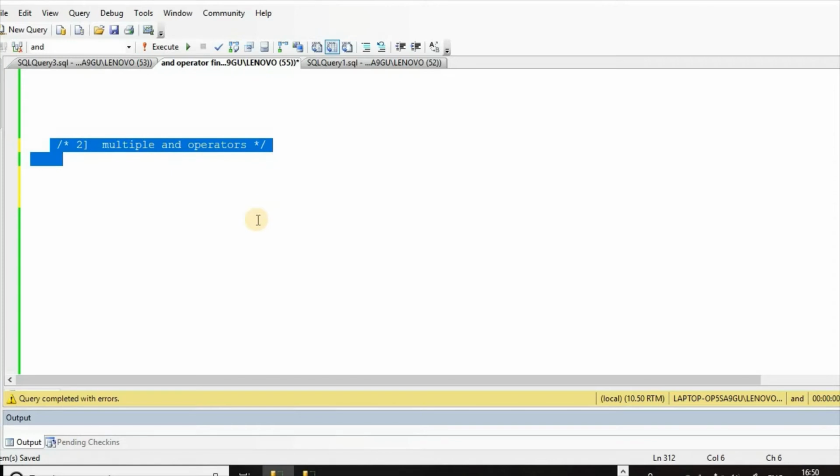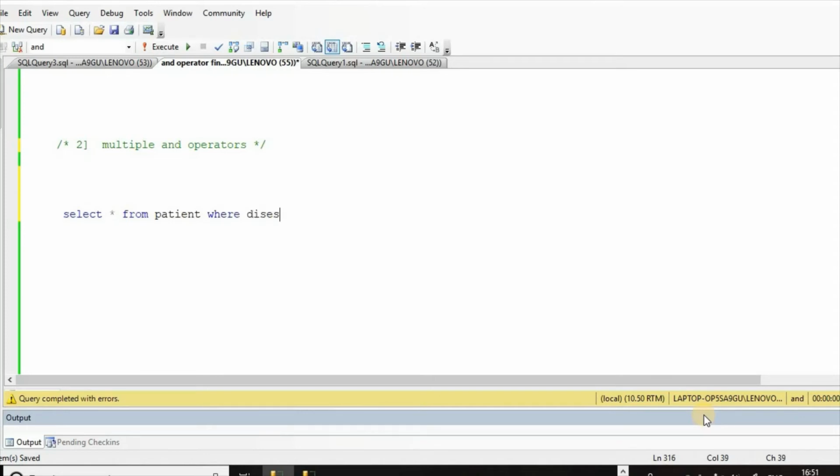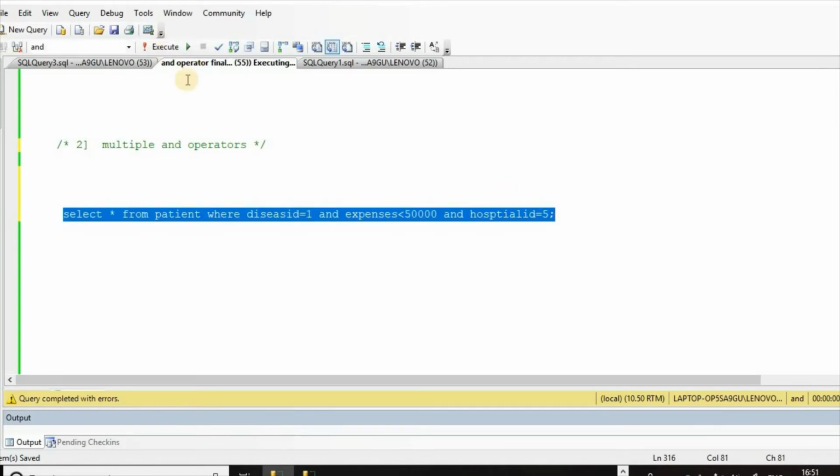We will see now multiple AND operators, how multiple AND operators work. Select star from patient where disease ID is equal to 1 and expenses less than 50,000, and here also and hospital ID is equal to 5. If we try to execute this query,